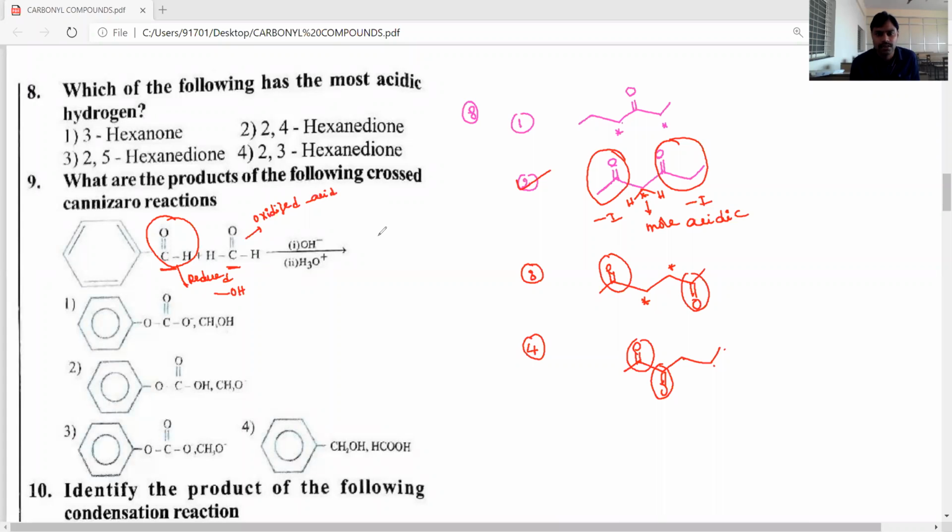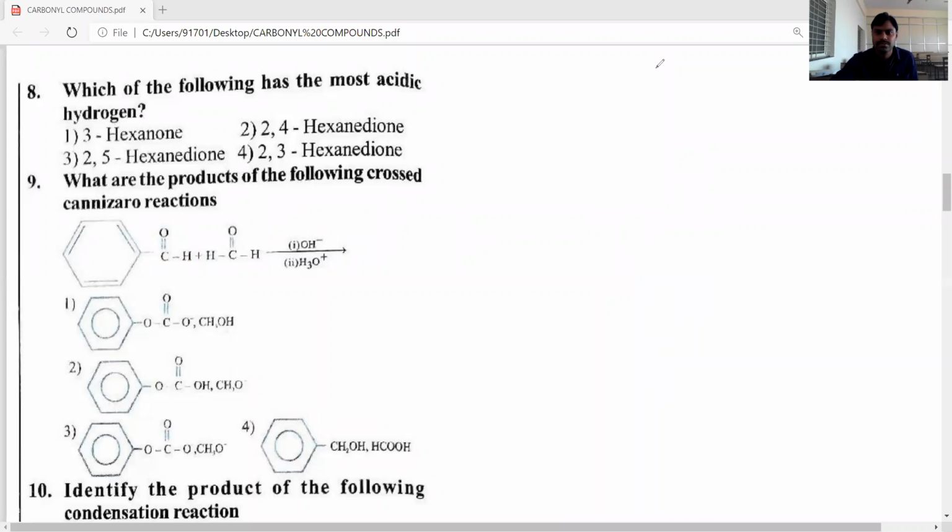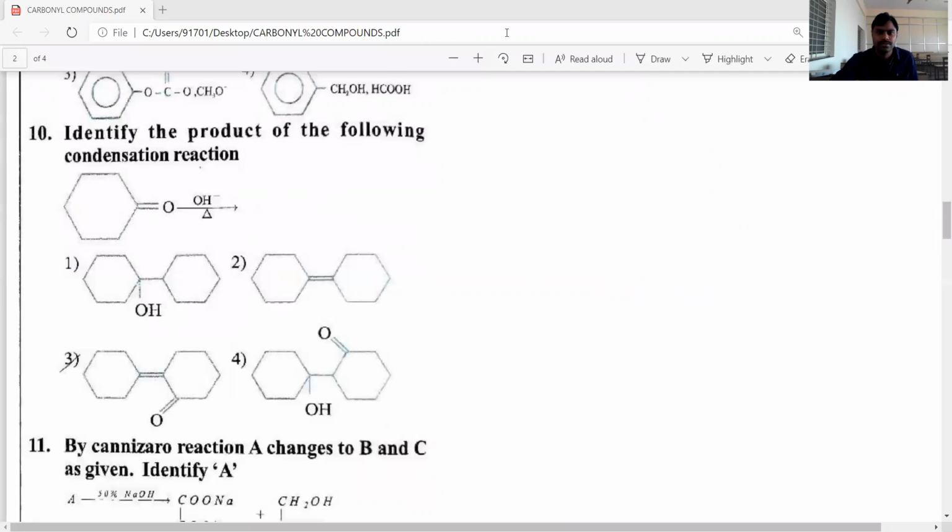So now the products are benzyl alcohol and formic acid, followed by hydrolysis. Now the answer is the fourth option. The fourth option is correct: benzyl alcohol and formic acid. Okay, students, let's see the 10th question. The 10th question is nothing but